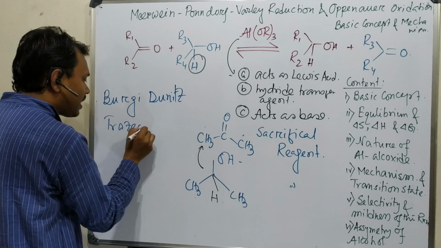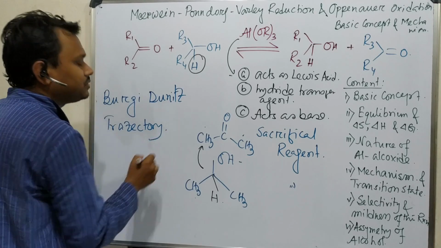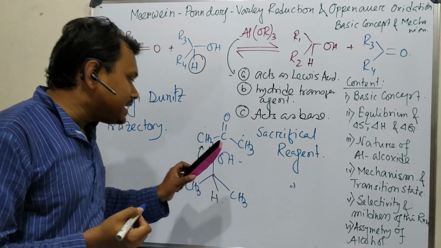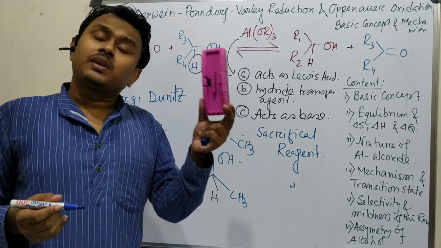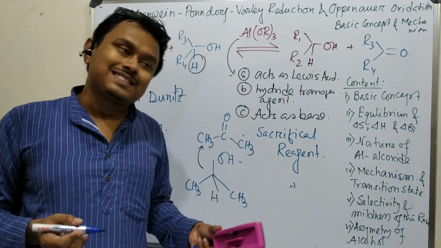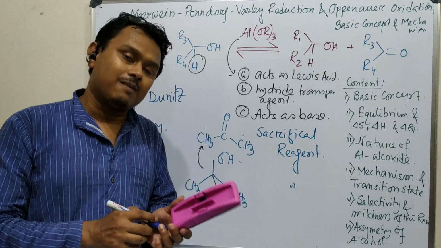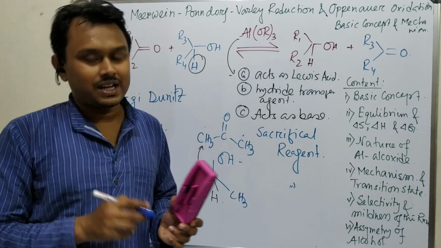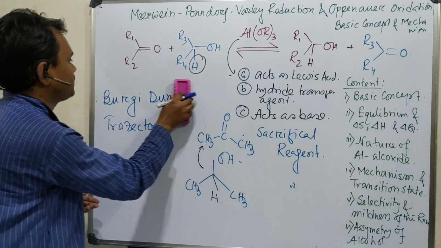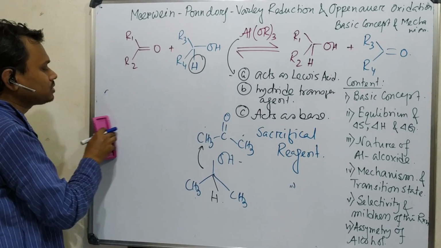This is a guideline which explains why aldehyde is more prone towards aldol condensation, whereas ketone is not, because of bulkiness and so on. I have made a video, so please go through that. I shall provide the link in the description box. Fine. So we have discussed the corresponding